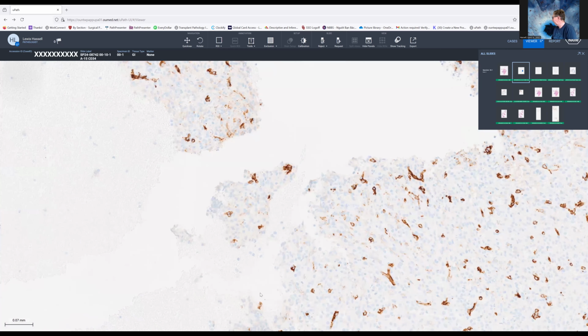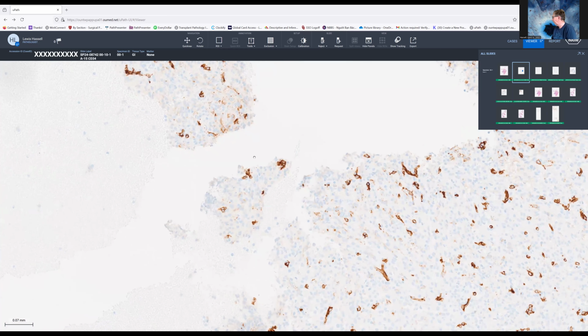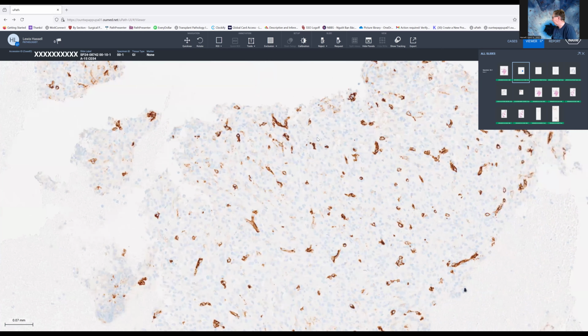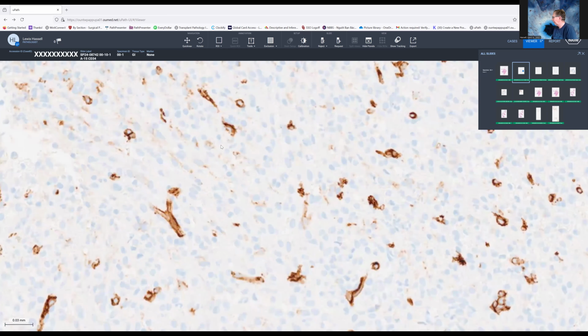But here we see an immunohistochemical stain for CD34, which shows that indeed we have a lot of very small lumina-like areas that are interspersed between these tumor cells. And some of the tumor cells themselves are expressing a granular positivity to this marker as well. A similar pattern might be seen with CD31 or ERG. We didn't do those particular stains, but we did do